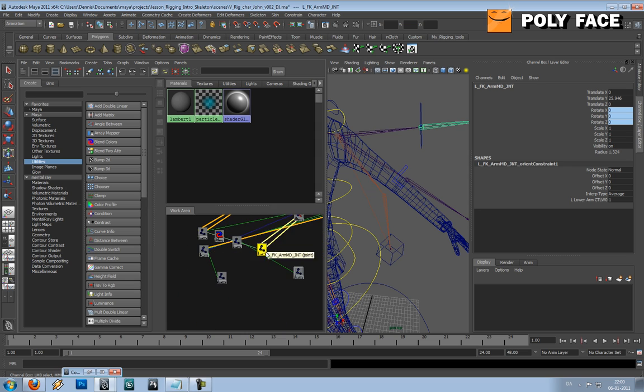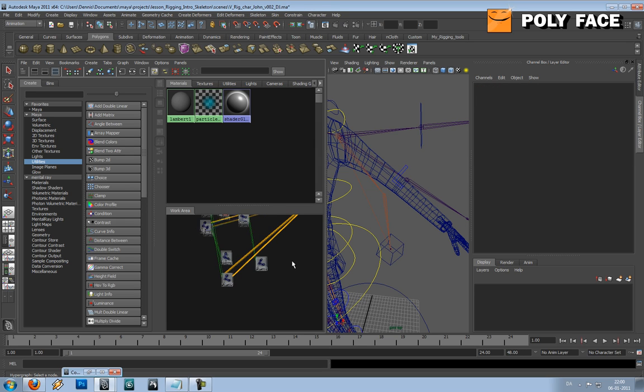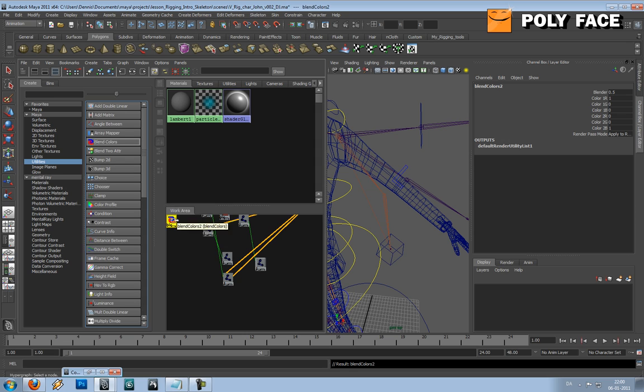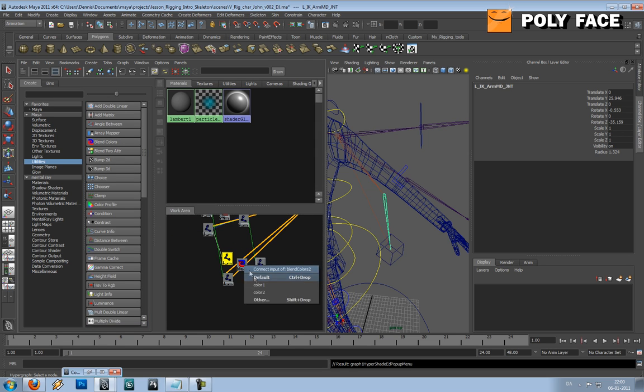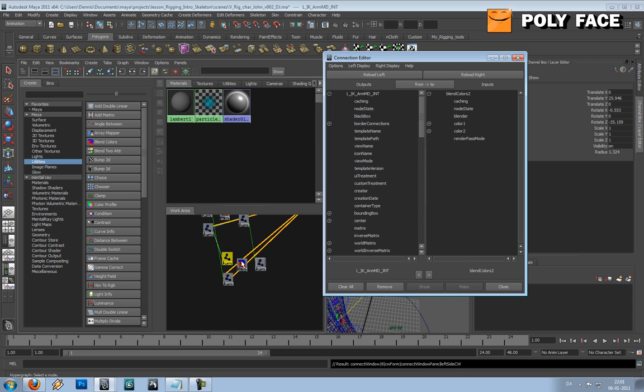Then I'm basically just gonna do it for the other joints. It can be complicated when you look in the outliner, but when you first get started, it's really simple, and you may think, oh, I'm never gonna do this, it's too complicated. But it's actually pretty simple. It looks a bit hard, but when you get started, it's really easy. So I'm selecting the first joint. Repetition is the mother of success, so I'm just gonna tell you again how to do it. Middle mouse the first joint into the color blend,